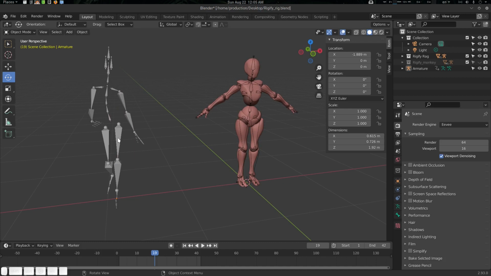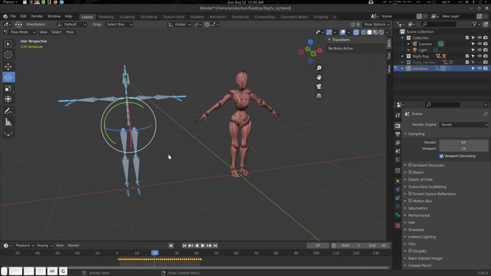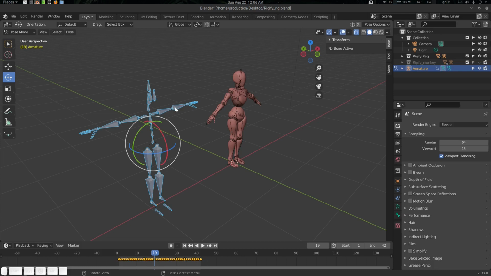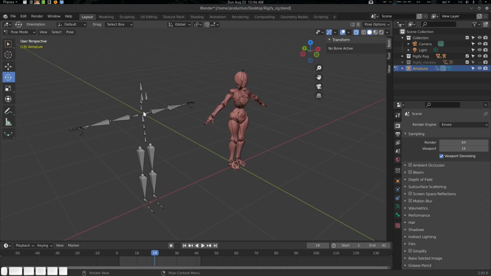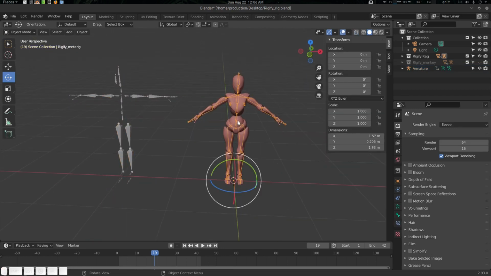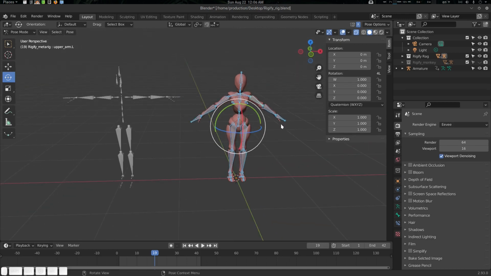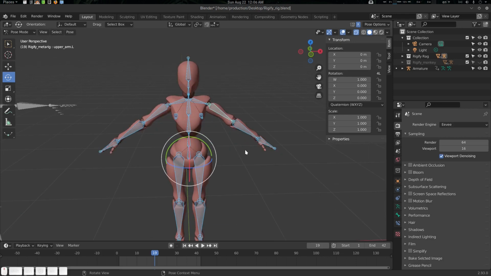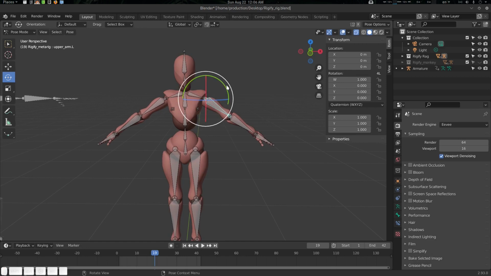Number one done. Now let's go to Mixamo, go to pose mode, and press Alt R and Alt G. What it does is reset to the rest pose. You can see the Mixamo rest pose is a T-pose. Most motion capture comes in a T-pose. But our Rigify, when we press Alt R and Alt G, is in a different pose. So this will also be a problem, and we need to fix it. Let's go and fix it.